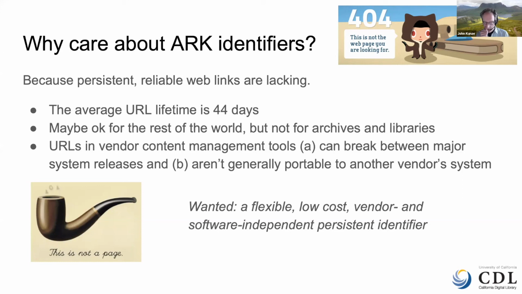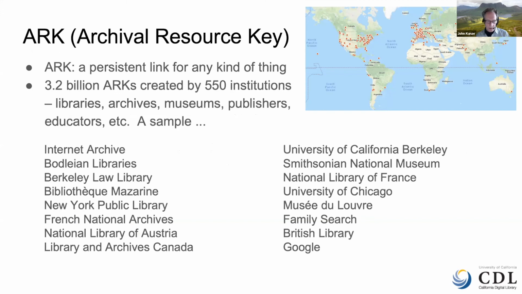Among web links, many of which were never meant to last forever, a persistent identifier, as I'm sure you know, is a link that in principle keeps working far into the future. Services that do research, discovery, and interlink between artifacts and literature prefer persistent identifiers because of their stability. Surprisingly few archival service providers support persistent links to content, which is especially noticeable when you change vendors and all your old content links break as a result. So ARKs are meant to be persistent, reliable links to any kind of thing, whether digital, physical, or abstract.